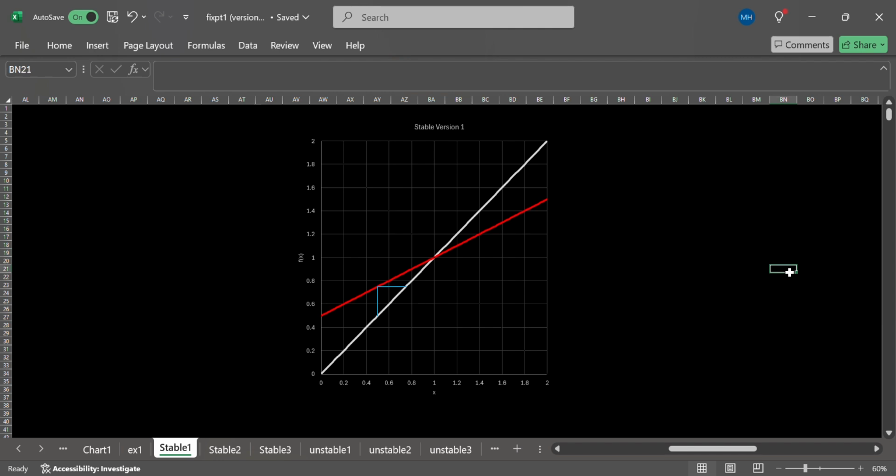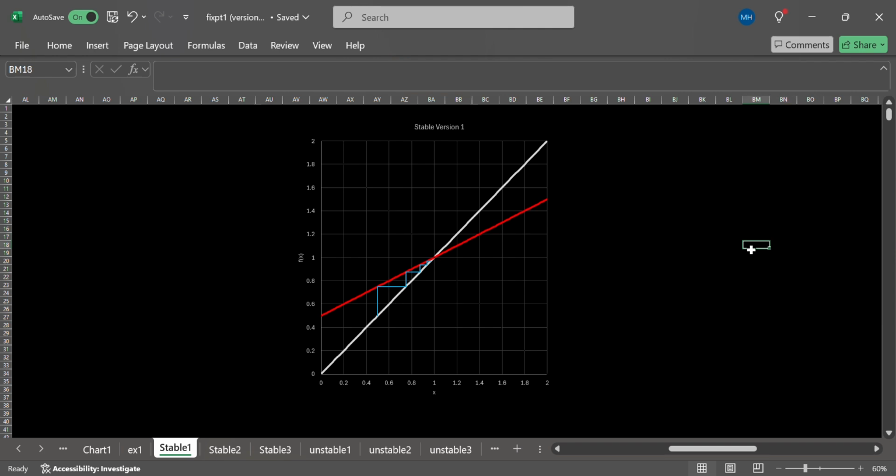So we go up to the curve to the right, and since we started to the left of the fixed point, we're getting closer. Eventually it gets close enough that we can't really see the difference between the estimate and the fixed point. So this is a stable